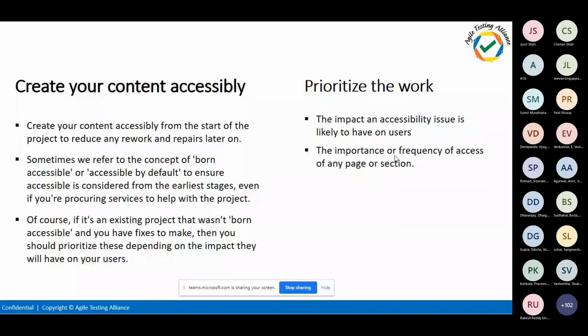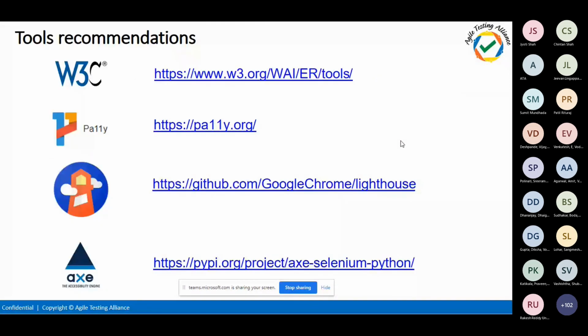So whatever content you are creating, just make sure you try to add the accessibility flavor to it, and that will be a really great help. And with that, the tools and recommendations, to be frank, WCAG, the W3C has listed all the tools. There are different tools in the market, and all the tools with their use and purpose have been defined and shown on the first URL. So you can go to that URL to check the list of tools.